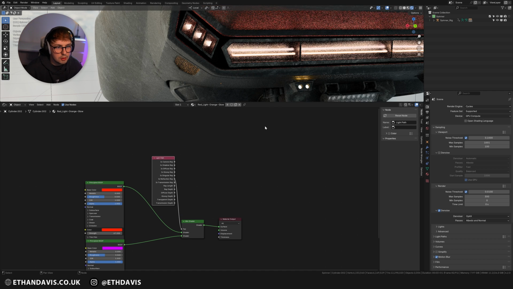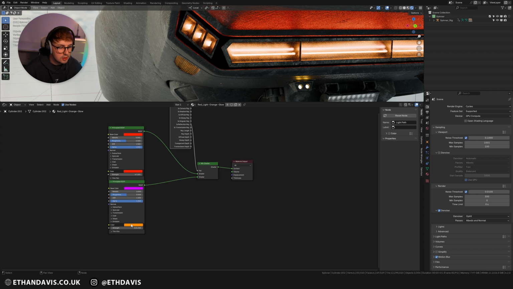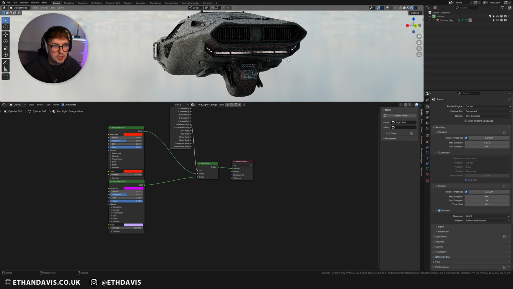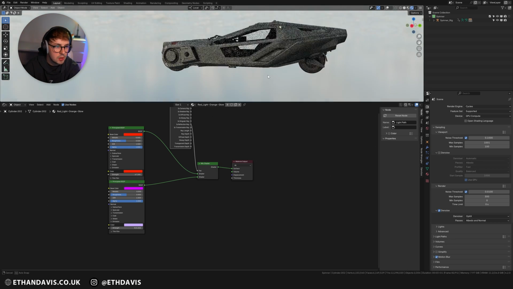So I could do a different color at the bottom here, but it still reflects red, which is really cool. I think it's mainly to do with halogen lamps, where they'll look a certain color, but the glow and the light emitting off it could be quite different. Well, I just thought that was a really cool trick to fake that sort of effect.